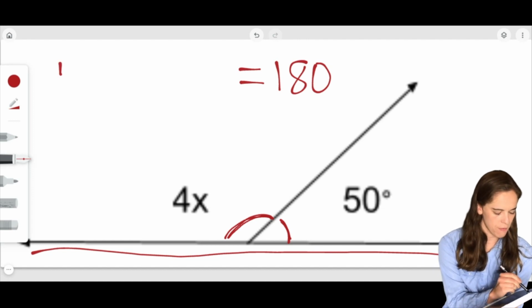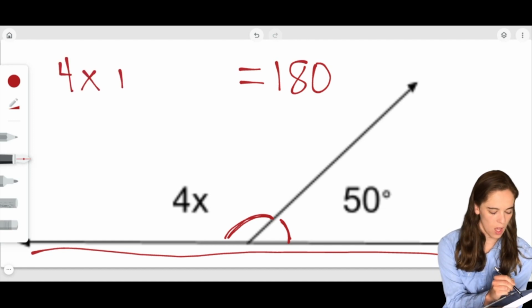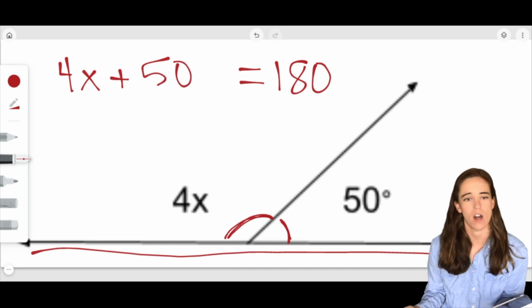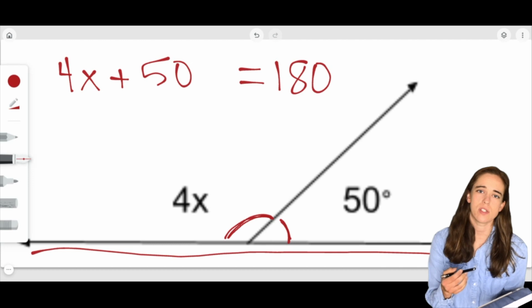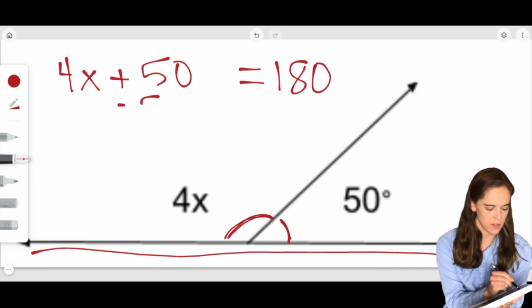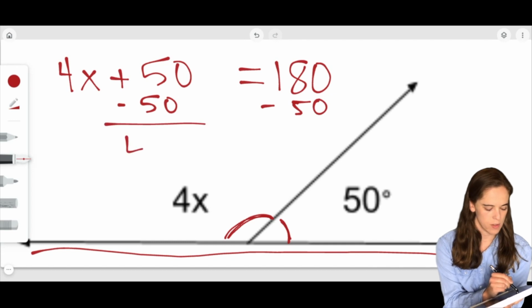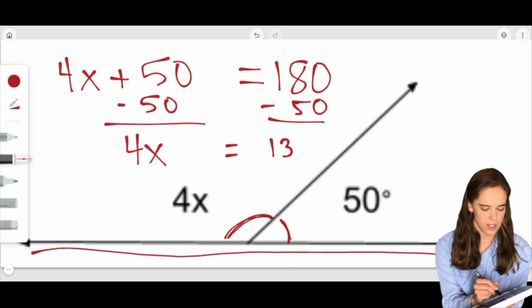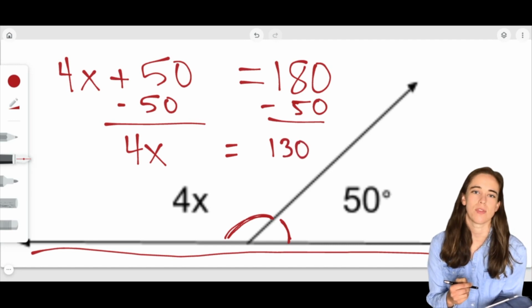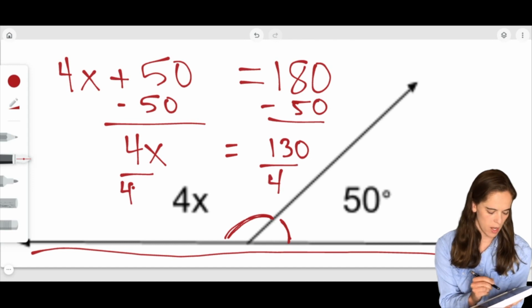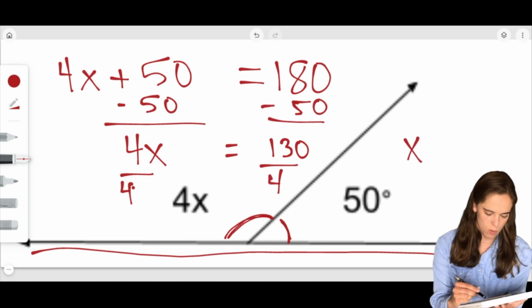So that means I'm going to have 4x plus the 50 from my other angle is going to equal the total of 180. So now all we need to do is solve this two-step equation. We're going to subtract 50 from both sides. That's going to leave us with 4x on the left side. On the right side, we're going to have 130 left. So that means 4 times something needs to equal 130. That means I'm going to divide by 4, and so we're going to get that x is going to equal